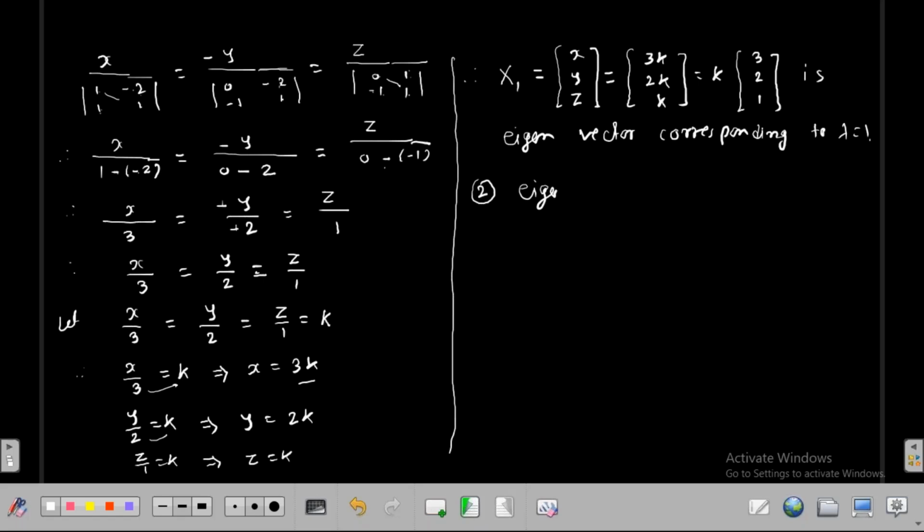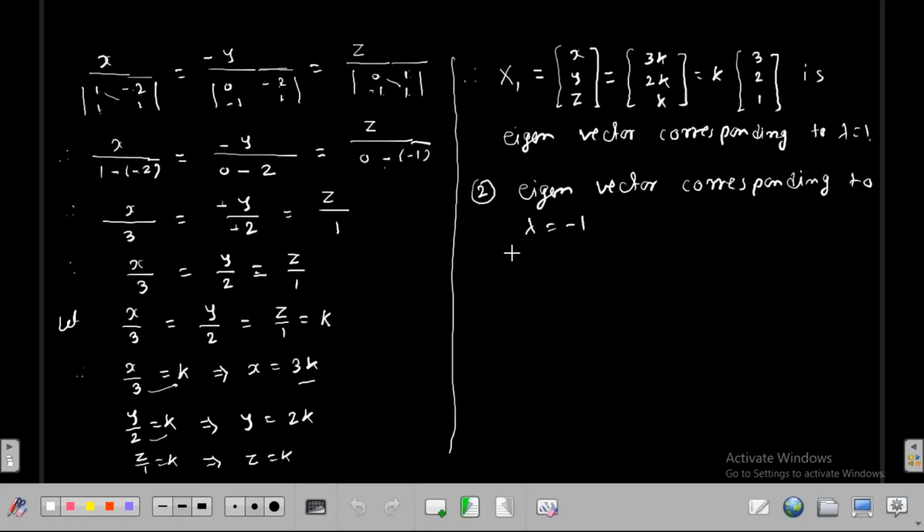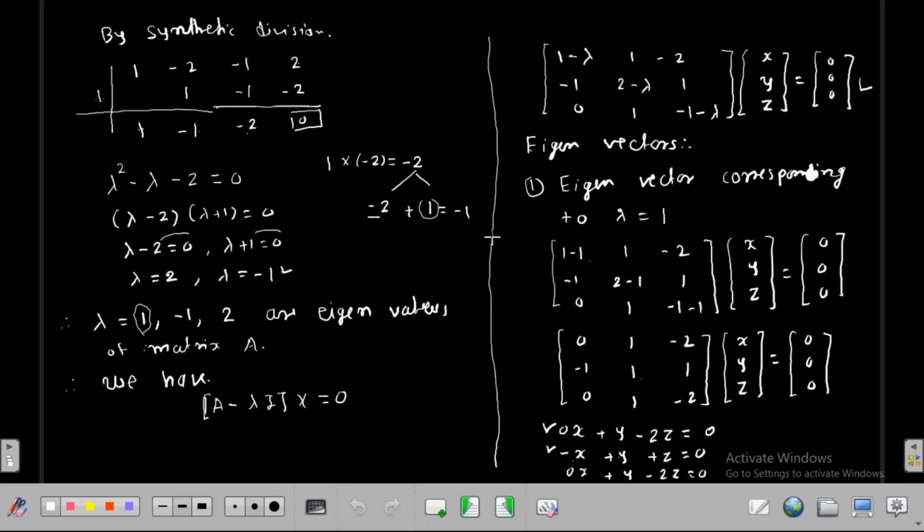Now find the eigenvector corresponding to lambda equal to -1. Now put this lambda equal to -1 in this homogeneous form of system of equations in matrix form. So put lambda equal to -1 here. So we get the matrix